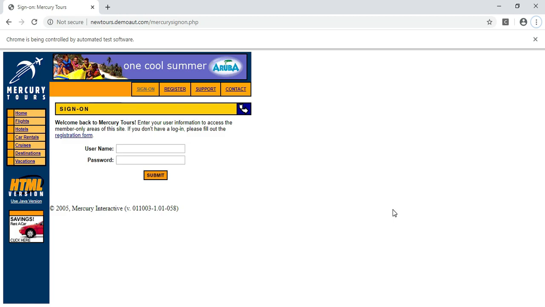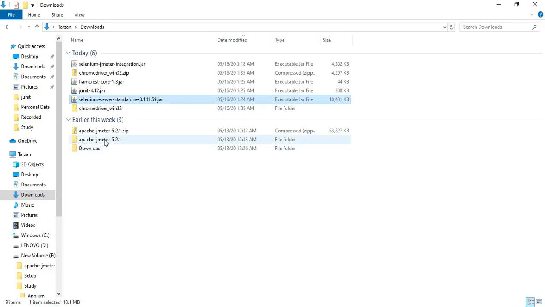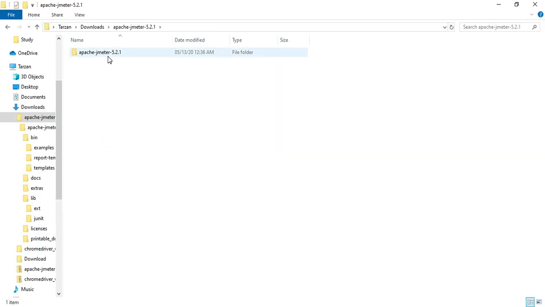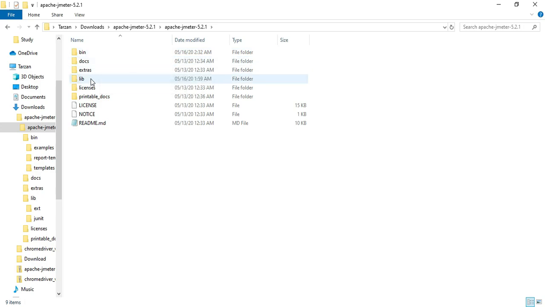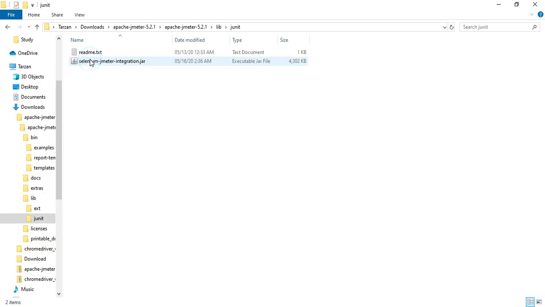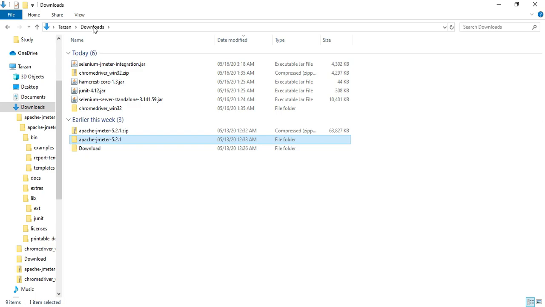Now let's move to our JMeter and set up our jar file on JMeter. To do that, go inside JMeter, go to your bin, come to the JUnit folder and place your jar file here, which you have created just now. After that, go to your download files and whatever jar files you have used in your project,